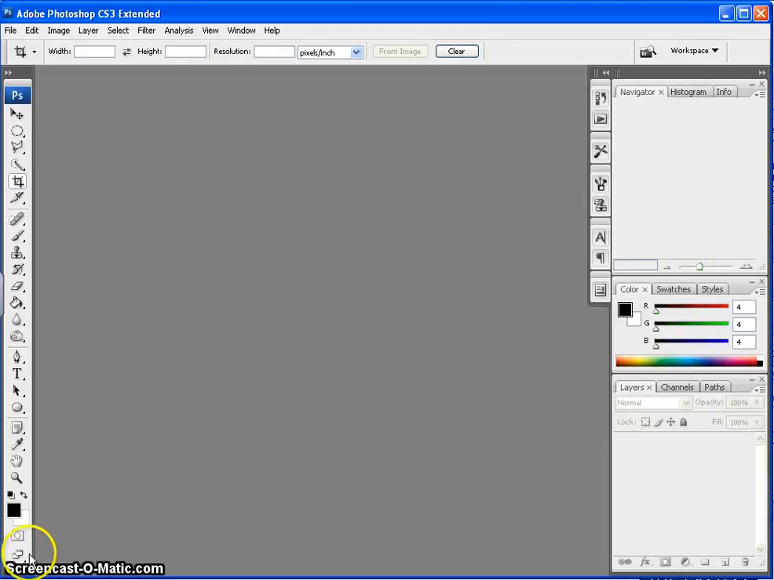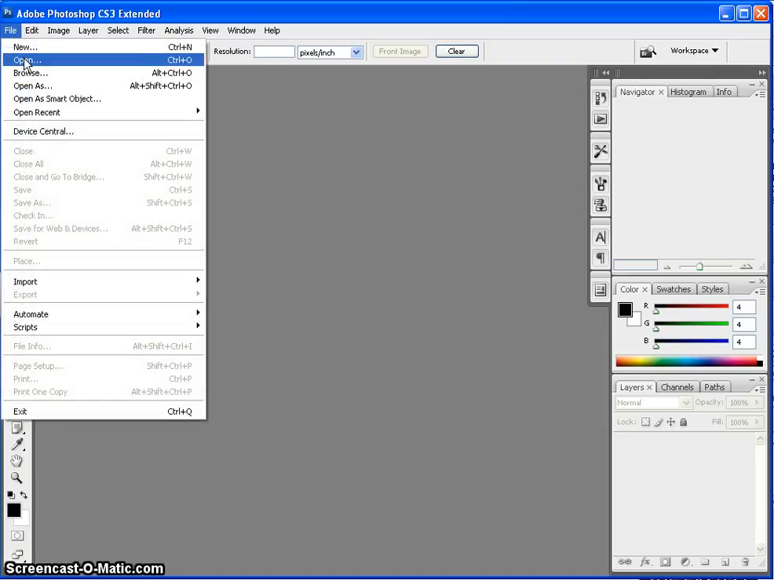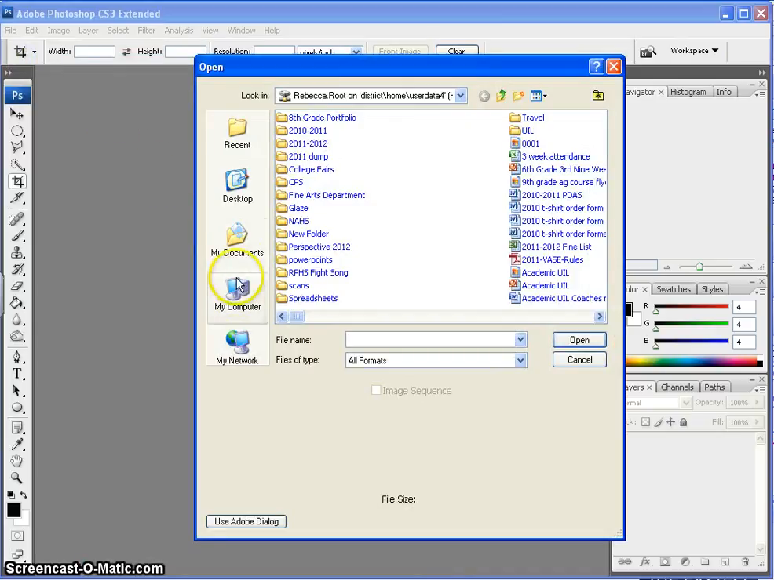Our second day, we are going to work with adding more interest to our background by using brushes. To start, I'm going to go to File, Open, and click on my H drive, and I'm going to find